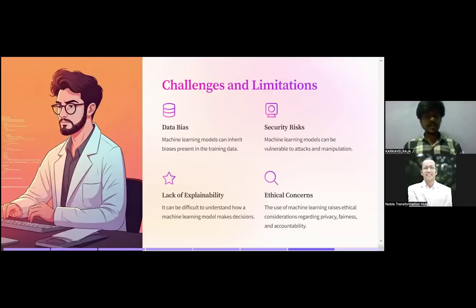Okay, then lack of explainability. It can be difficult to understand how a machine learning model makes decisions. We will not accept this, because we're going to look into the black box of it. But to some point we are able to say, and after that we are not able to say, because it's completely a black box.